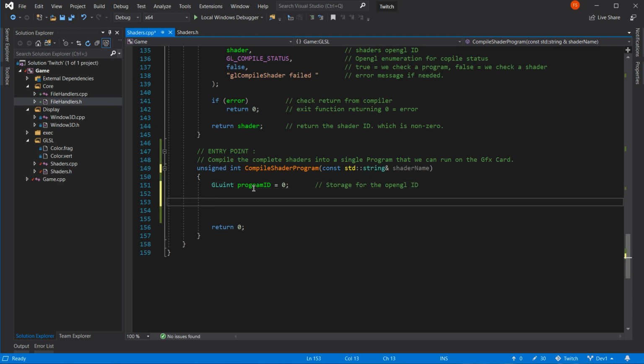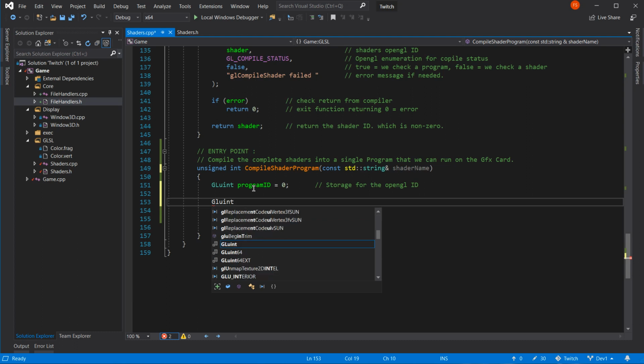Okay, well, lucky. We're doing good now. I want 2 shaders. So what we're going to have is shaders times 2. Nice way of doing it.